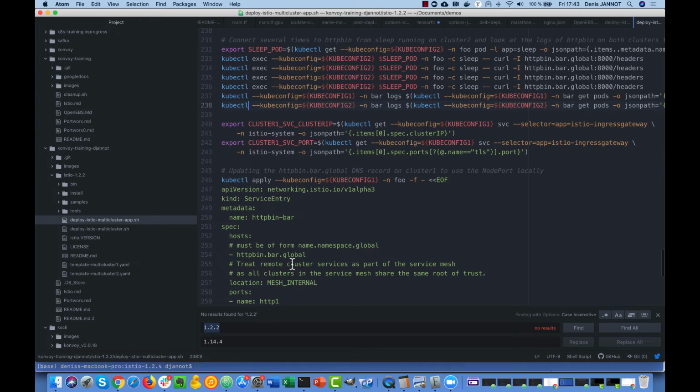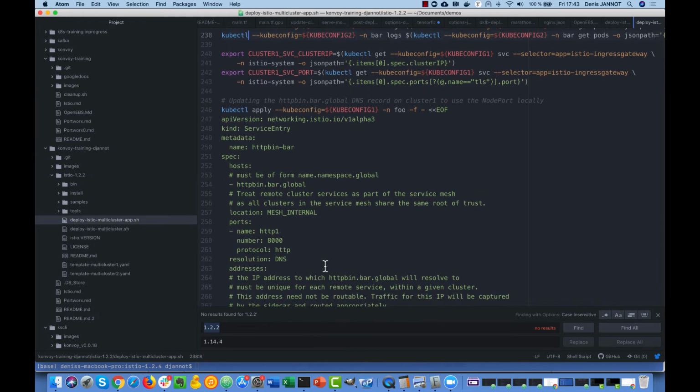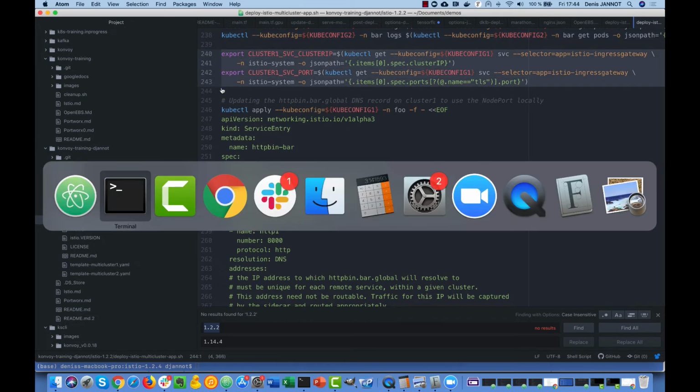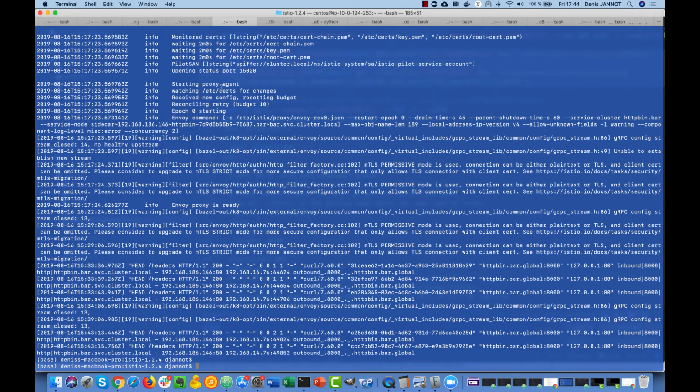Now one thing that is not really nice in this deployment, the way we created the service entry, is that it sends the request to both Istio gateways on both sides. But if you want to send a request to the local cluster, it doesn't make sense to use the Istio gateway DNS name. What you want to use is the cluster IP service, so that it doesn't have to go through the Istio load balancer, so going out of the cluster and in the cluster again.